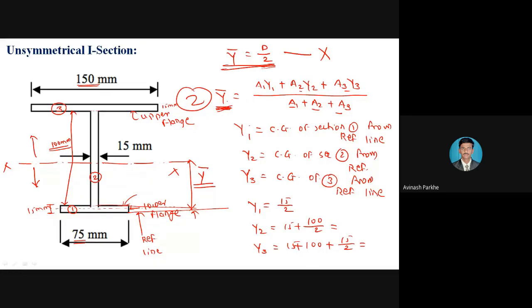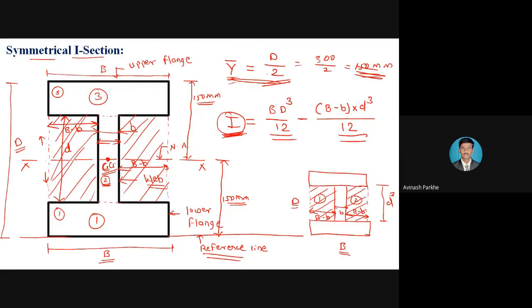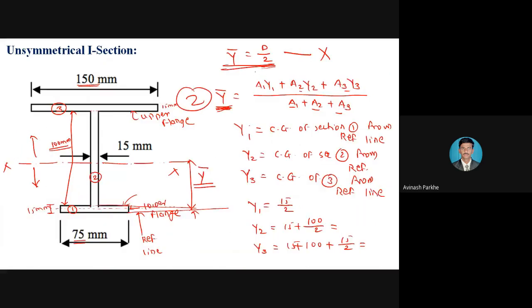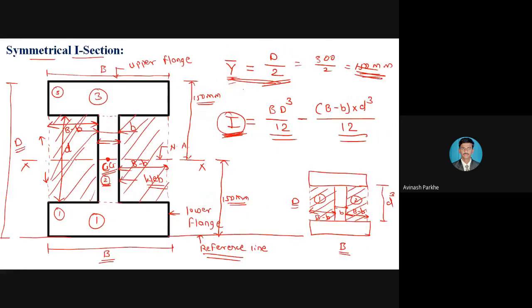Symmetrical I section साठी पण आपण y bar is equal to A1 y1 plus A2 y2 plus A3 y3 हा जरी फॉर्म्युला यूज केला किंवा y bar is equal to capital D divided by 2 हा जरी फॉर्म्युला यूज केला तर दोन्ही पासून तुमचे आन्सर सेम येणार आहेत. पण ह्या y bar च्या फॉर्म्युलासाठी आपल्याला हे A1 y1 A2 y2 हे सगळे डिस्टन्स फाइंड आउट करावे लागतील. बट फॉर सिमेट्रिकल सेक्शन need not require to go for the detailed calculation. Directly D divided by 2, you will get the answer.